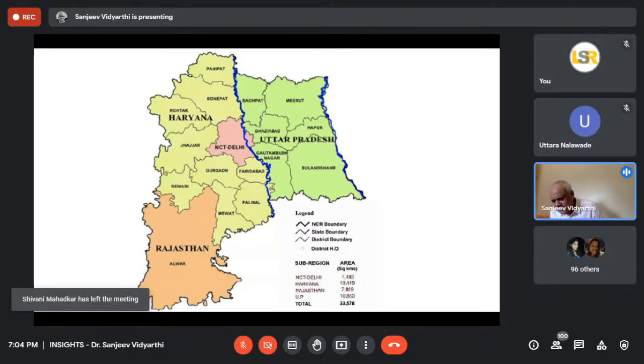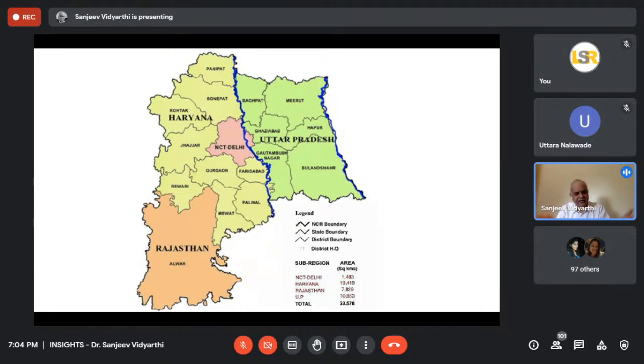So until 1990s, the story of NCR, or many places in India, if you read the literature, is that the government makes a plan and many people do not follow it. So informal development happens in Indian cities, and on one side there is formal development. So the story of Indian planning is often told through this: some formal and much informal.